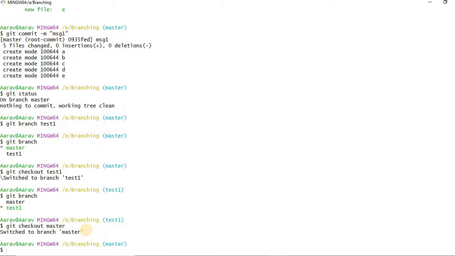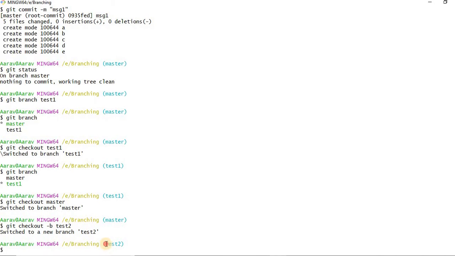So what we have done in the last step, we have created a branch in one command, and we have switched to the branch with another command. So can we do both of these steps with one command? Yes, we can do. Git checkout -b and my branch name is test2. This step is about creating the branch, and in the same step we switch to that branch. Okay, just enter.